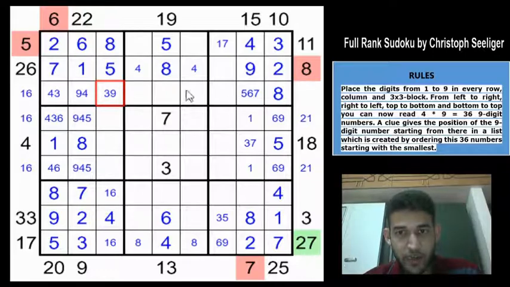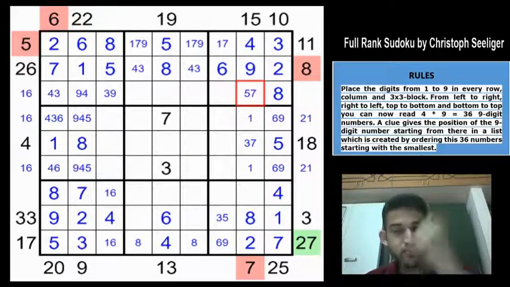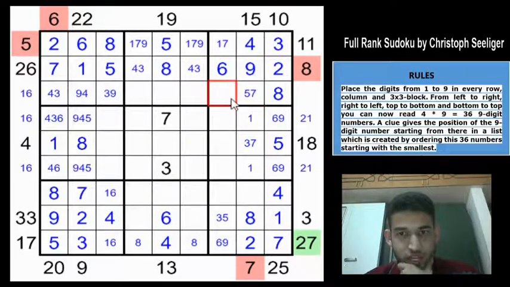And let us focus on rows 1 and 2 because they are almost filled. 2, 5, 6, 8, 3 and 4. Remaining are 1, 7 and 9. We can candidate them 1, 7, 9. And along row 2, 1, 5, 7, 8, 2 and 9. Remaining are 3, 4 and 6. So 3 is here, which means that 3 must go into one of these two cells. We get a pair here, so this must be a 6 and this must be a 5 or a 7. And this must be a 1, 5 or a 7.